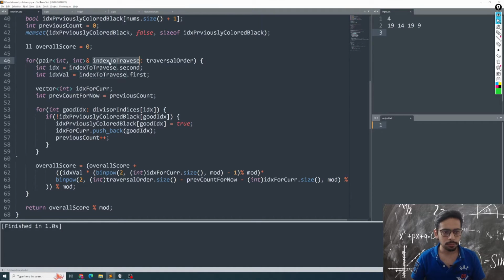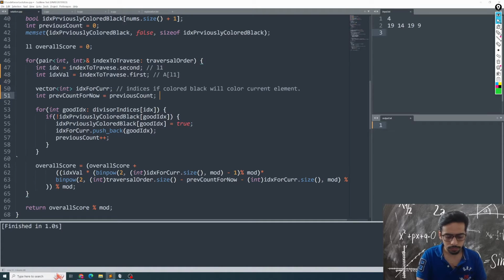Now, in this traversal order, I get the index of the first element, or basically L1, the value that is A of L1, then indices if colored black will color current element, count of indices should definitely not be covered,